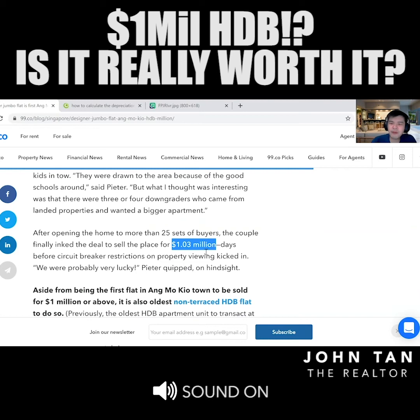And what's very funny is that I don't know who is the ultimate winner here. Not say winner, but I say who got the better of this deal. Is it the buyer or the seller? I'm not too sure, but I will tend more towards the seller, because it's not easy to sell a HDB above 1 million in today's market. And especially so for this kind of heavily, extensively renovated place,